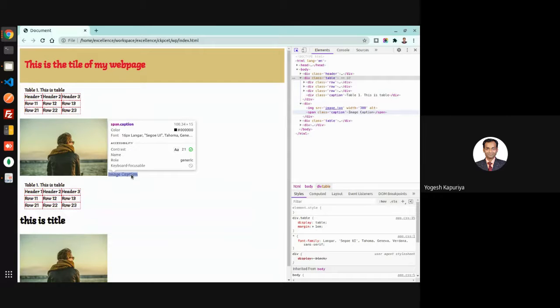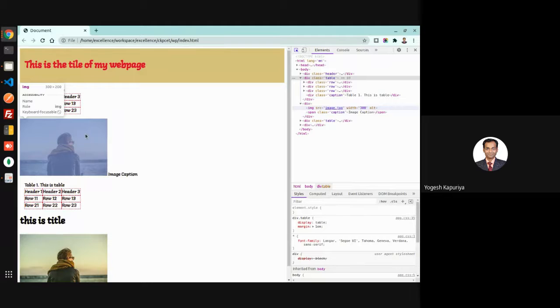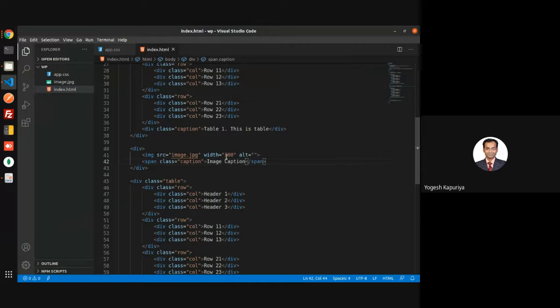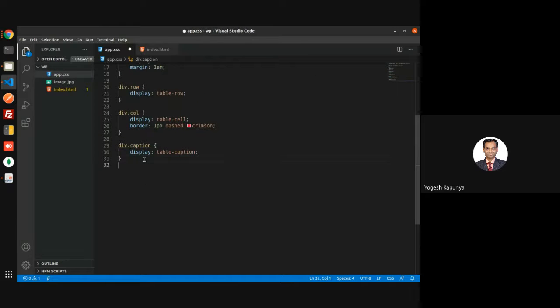Sometimes you require that this element's position is relative to another element's position. Then what you can do, let's say I'm defining for the image a class as image container. So I'm writing that image container class. I'm saying its position is relative.